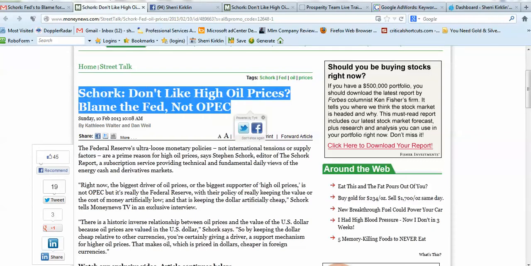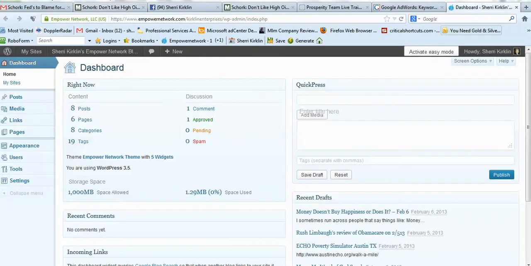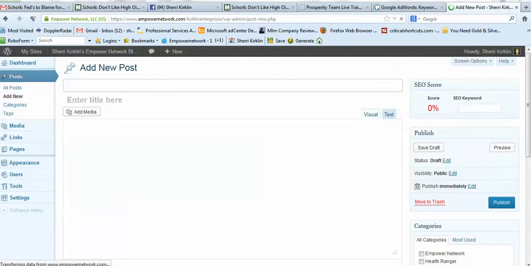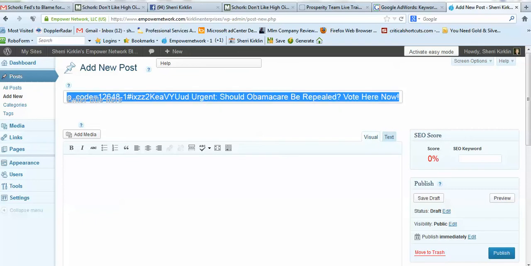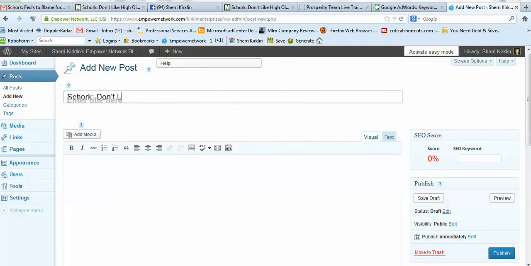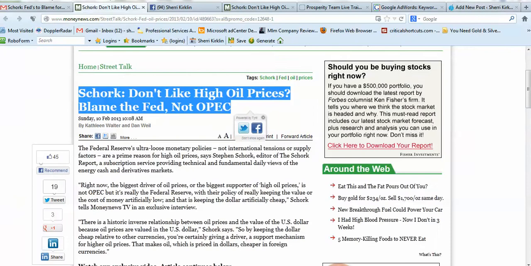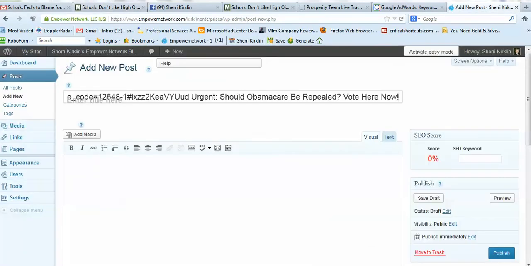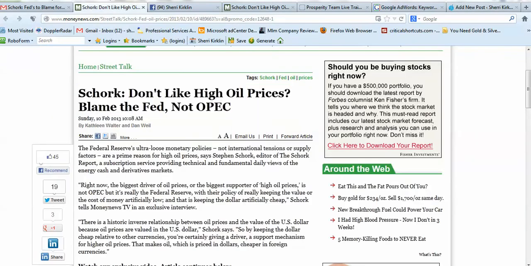So I'm going to copy the subject line, and I'm going to go over to my blog dashboard, and I'm going to go to Post, Add New. And I'm just going to enter that. Whoops, that's not right. Oh, there must be something sort of embedded in there. Oh, it's a clickable link. Okay, so that's the title, and then I'm going to